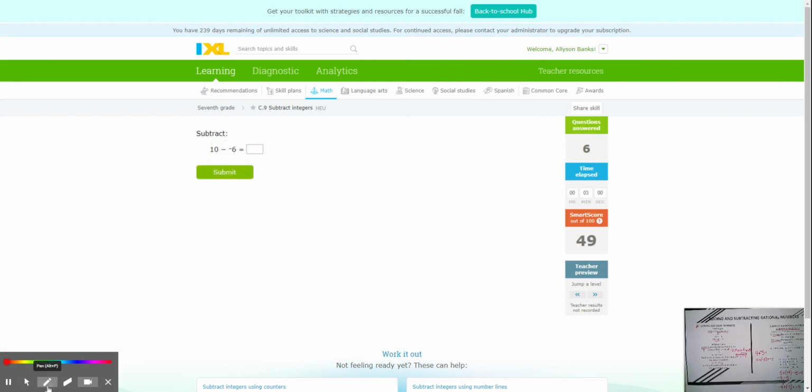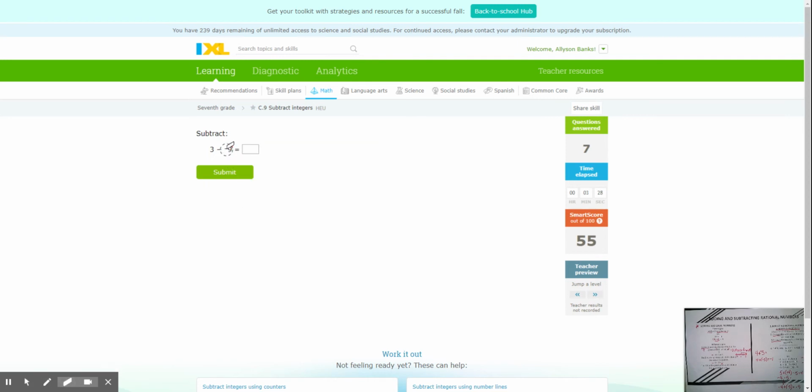This next one. This is change. We have 10 minus -6 becomes 10 plus +6. So 10 plus +6, same signs, you add them together. Oops, 16, I almost hit the wrong button. Okay,